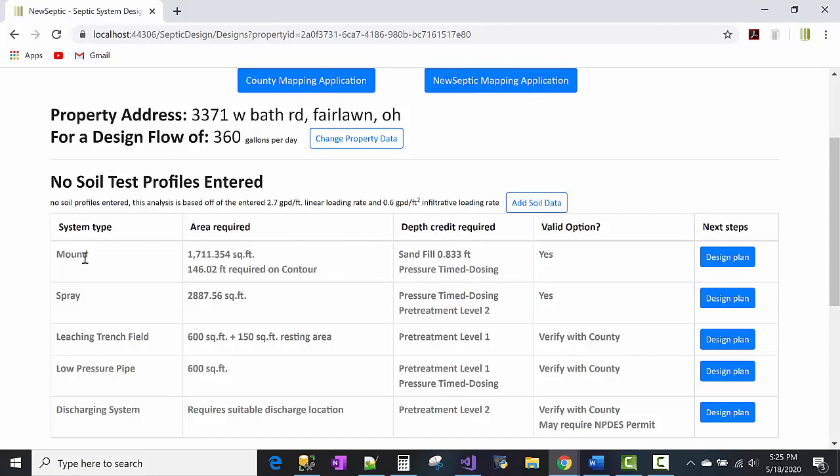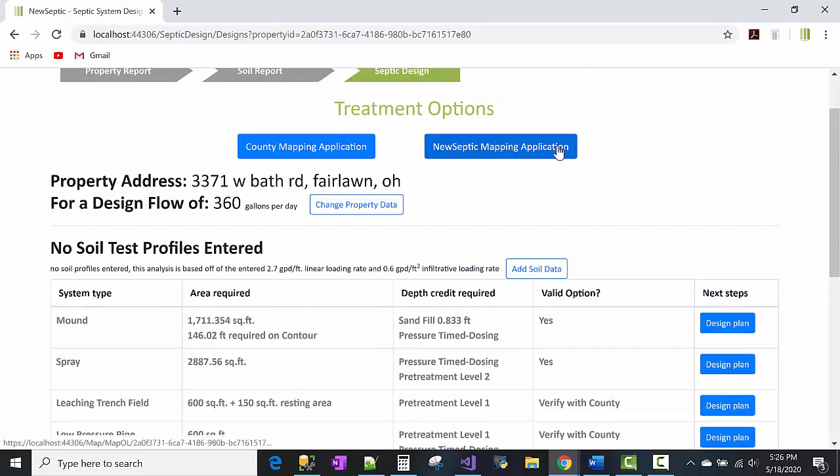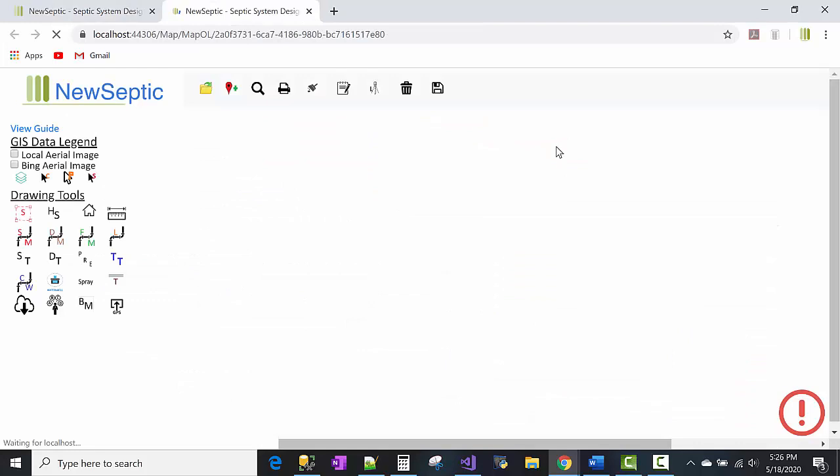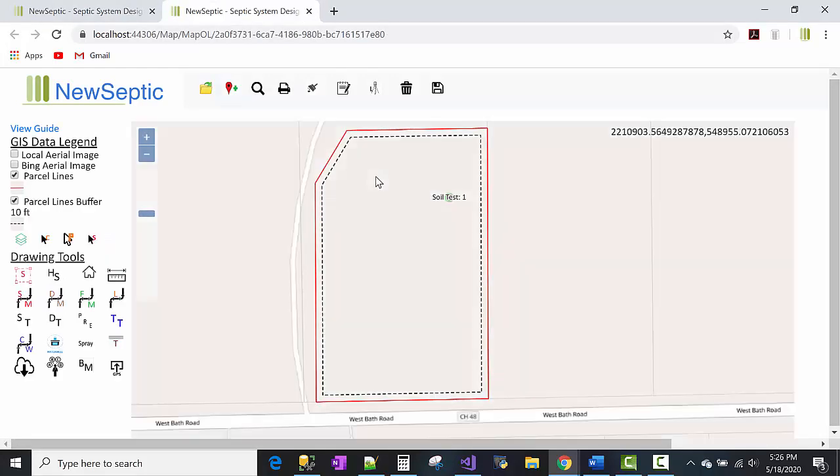So basically, I could click on this design plan button right here, and I can also design using the map. So I'm going to go ahead and do that and click on the map, NewSeptic mapping application. So there's other videos on our YouTube channel on how to set up your parcel for your project, and this